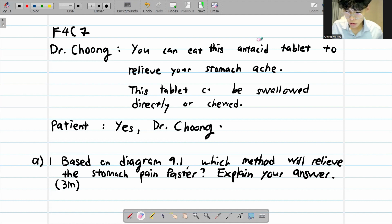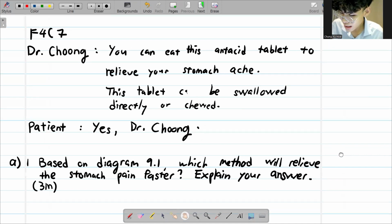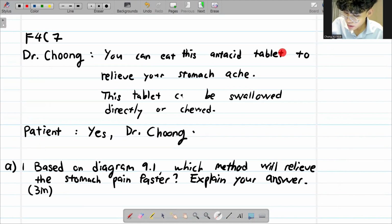Okay. So Dr. Chong says you can eat this antacid tablet to relieve your stomach ache. This tablet can be swallowed directly or chewed. And then the patient said, yes, Dr. Chong. Okay, so what happened here is that you have to know that antacid tablet is actually a